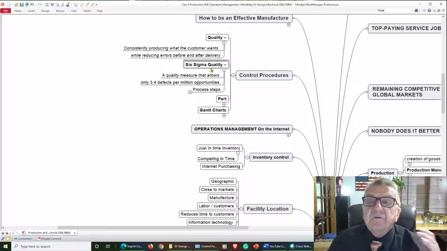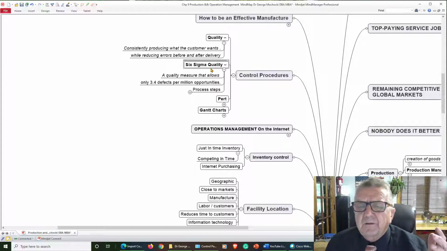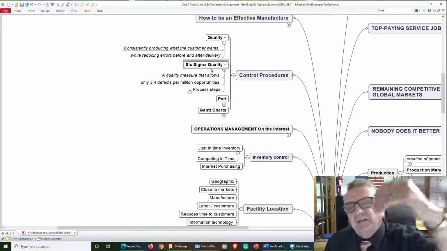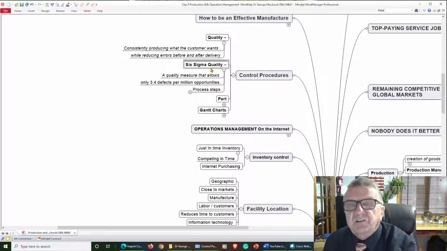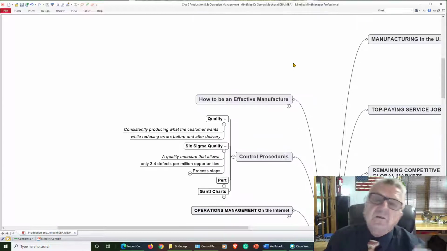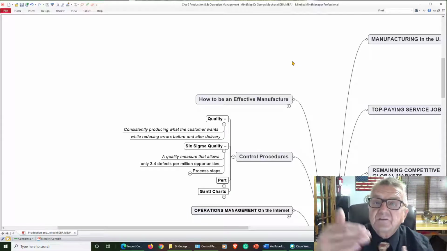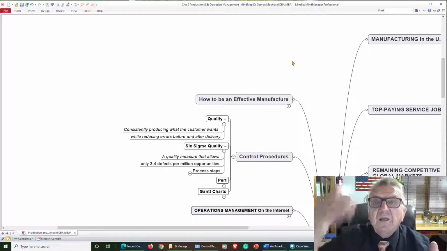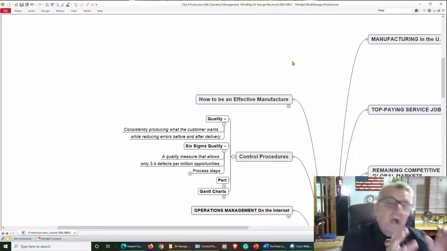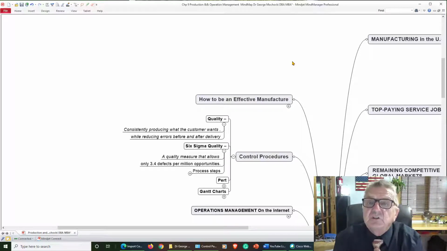All right. So Sigma 6 is basically from Motorola, for lack of a better word, and they have a process that checks the quality. Look, if there's something wrong with peanut butter, they don't have to do this. Here's a lot number, and if you look at ISO 9000, it's basically another quality control. It's a procedure so that if something goes wrong, I can identify exactly where the issue is.